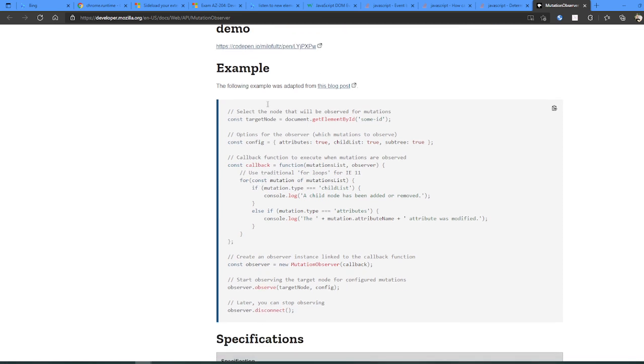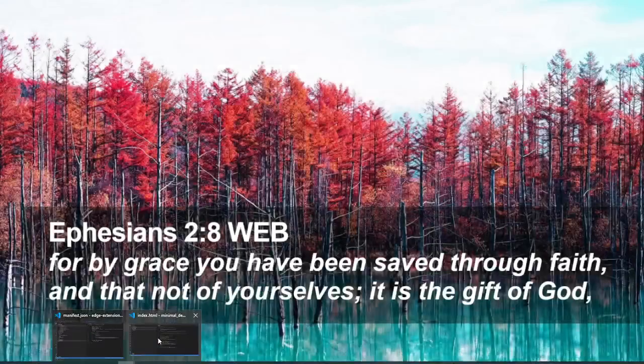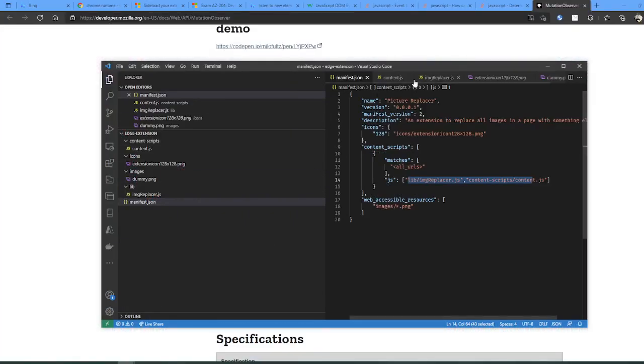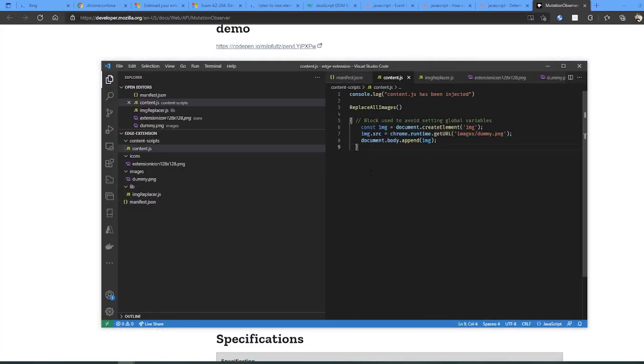Well, let's try this. I'm going to copy this, and then we're going to go to our content. I'm going to tell the following, and we're going to tell that